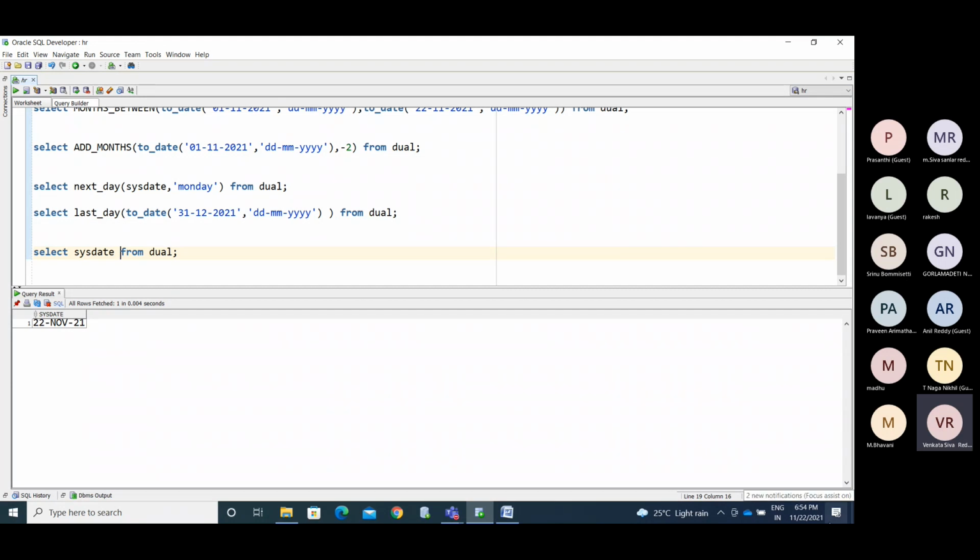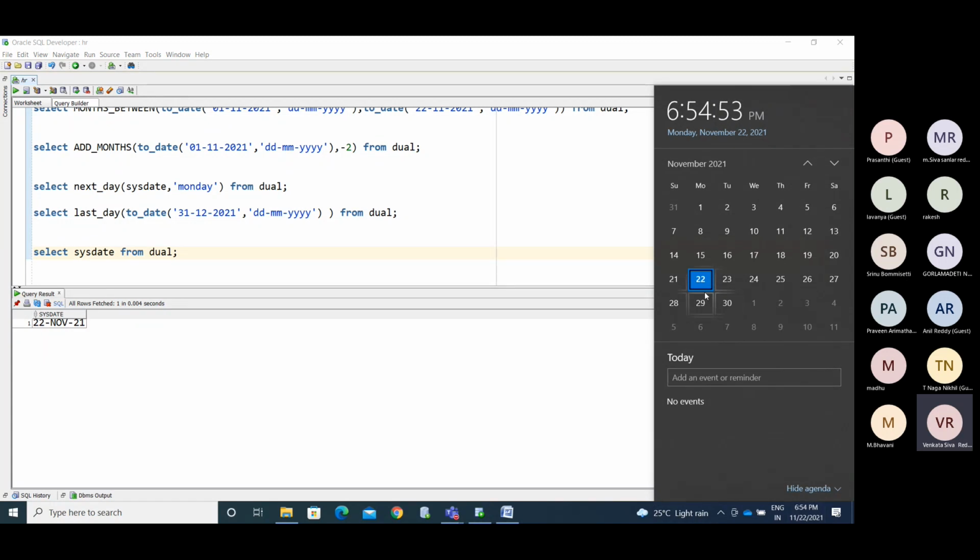Say you are in the US, okay, and you are in India. The system is maintained in the US, in the sense that you will get, like, the 21st. If it is early morning for us, those people will still be on the 21st, while actually we are on the 22nd now.